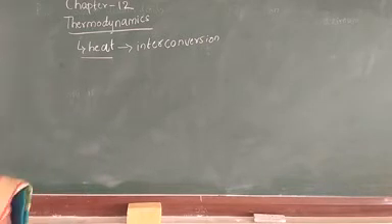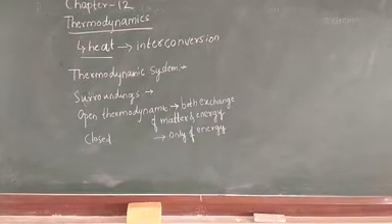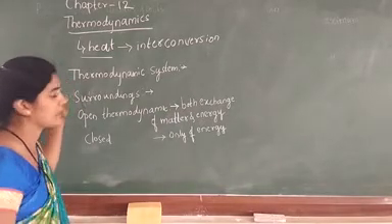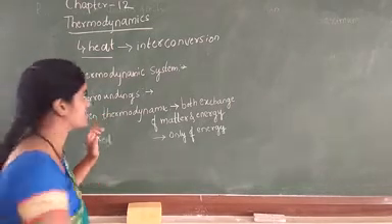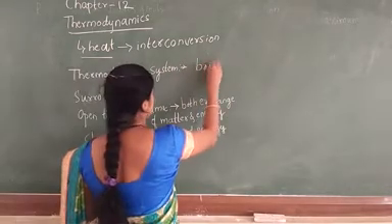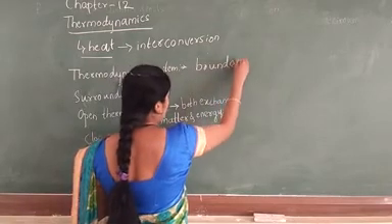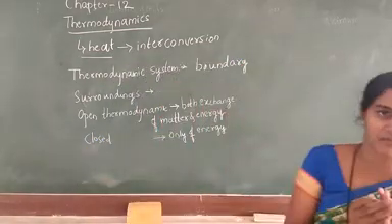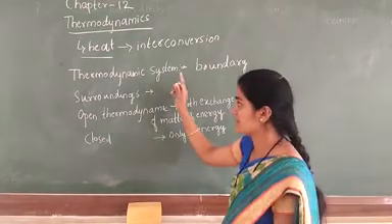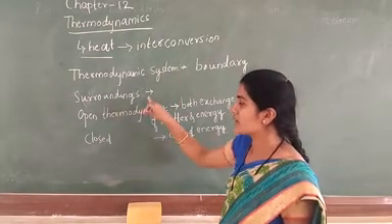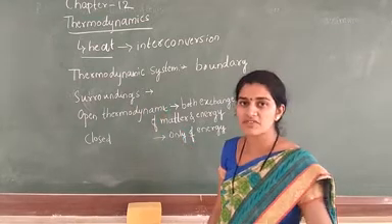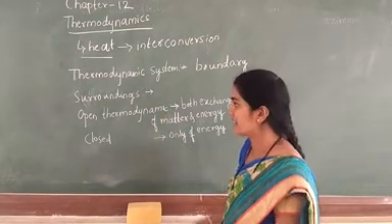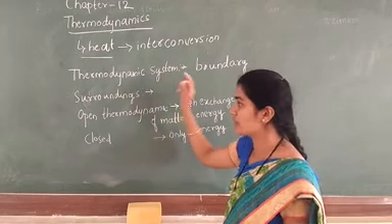There are so many different definitions we have to study here. Now we are studying one definition, that is the thermodynamic system. A thermodynamic system is what is present within the boundary. The energy, the heat which is present within the boundary, we are calling the thermodynamic system. Next, the surrounding: we consider just the surrounding area, and we call it the surrounding of the thermodynamic system.